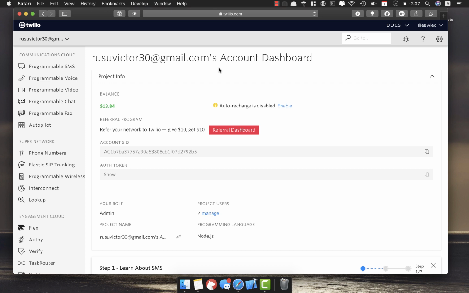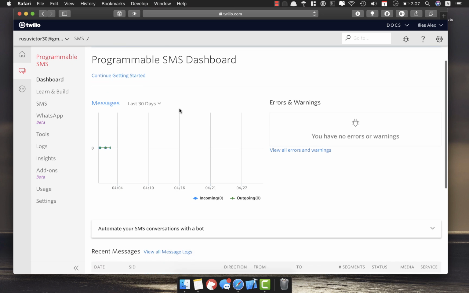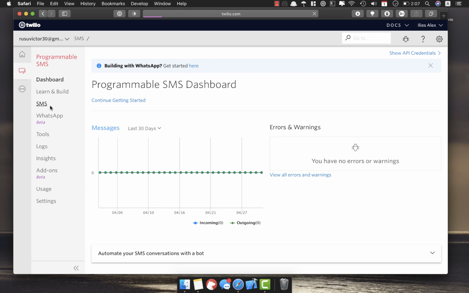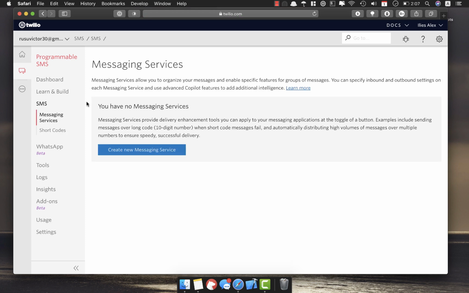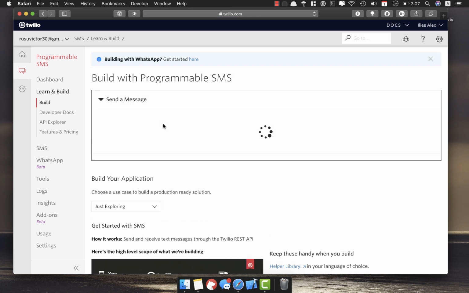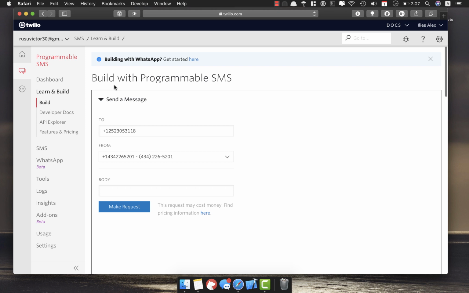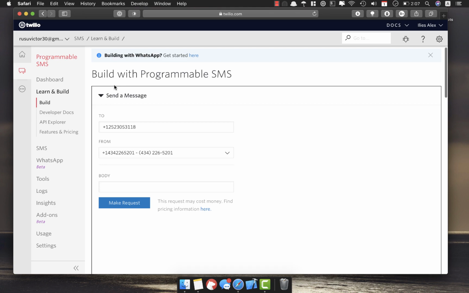What I want to test, you have to go to the programmable SMS service, and then here we can test how this service works. Okay, so if you created a new account on Twilio, then you have to get a phone number from Twilio. They provide a test number, and you don't have to pay anything for it. Just be sure that you